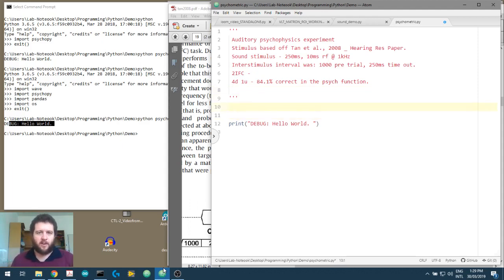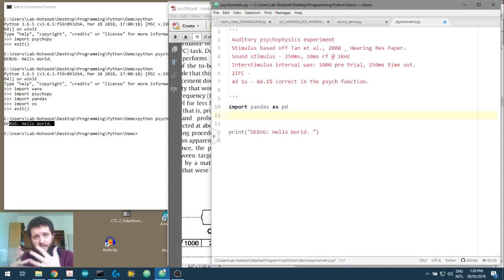We need to do some importing right at the start. So we need to get import pandas as pd. So pandas is going to be useful for us to create the experimental file that the responses will be saved into, and then that will save it as a CSV file for analysis later on. We also need from Psychopy, we'll need core, that will do the timing. We'll also need to grab event, because that's what's going to record the events from the keyboard. We will also need to play a window, so then we can tell the subject what the current state of play is. So we'll need visual. We might need logging as well,